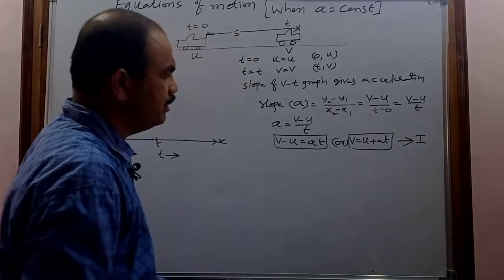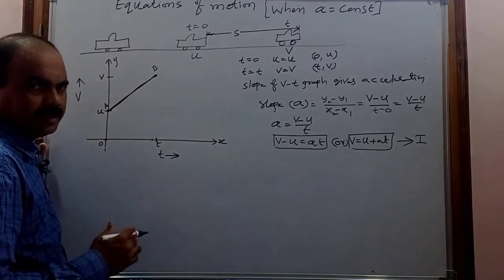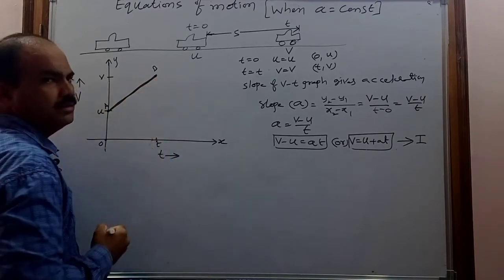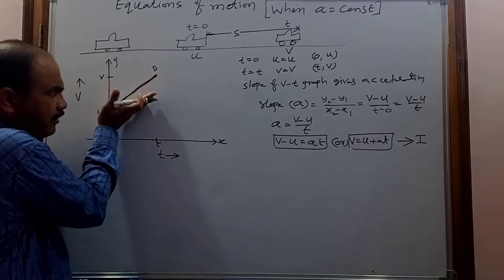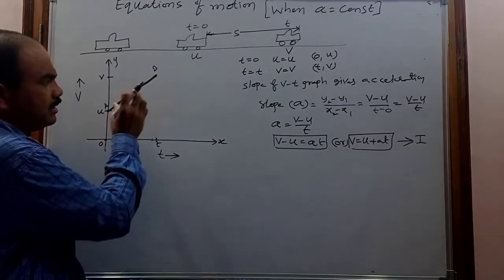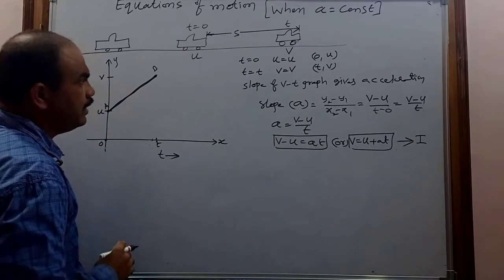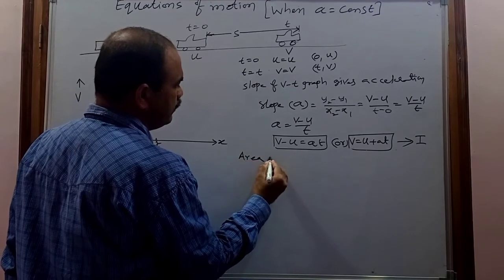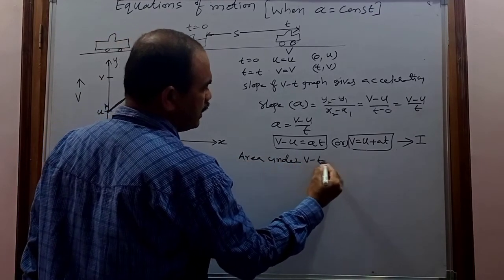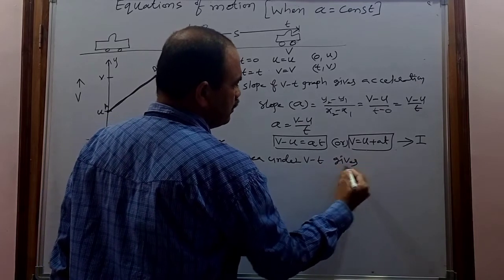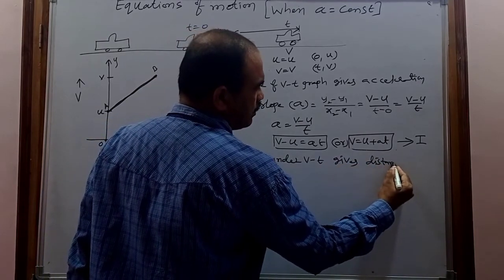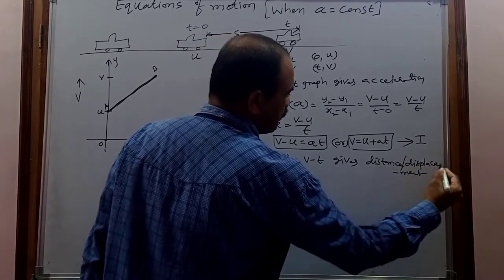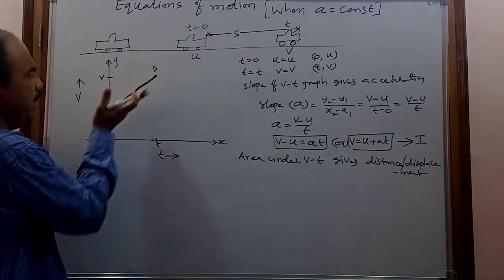And next come to the distance or displacement. Now when you draw the velocity versus time graph, this is the line you get. If you find the area under this graph, that area gives the distance or displacement travelled by the body in the time t. Already you know that the area under the velocity versus time graph gives distance or displacement. So that's why I am going to find the area under this AB graph.